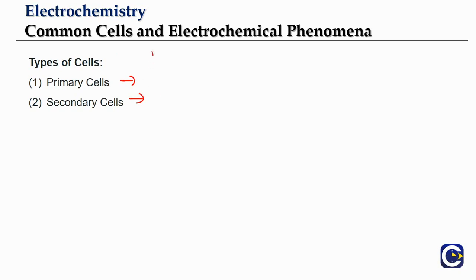Now sometimes we keep hearing the words battery and cell. Generally, the word battery is used for a combination of cells. A cell will have one set of electrodes, one cathode and one anode. If you have a combination of cells, then generally we call it a battery. That is the only difference between a cell and a battery. A battery is designed to achieve some specific objective, like having a higher value of voltage, or for a particular objective we will be designing a battery.